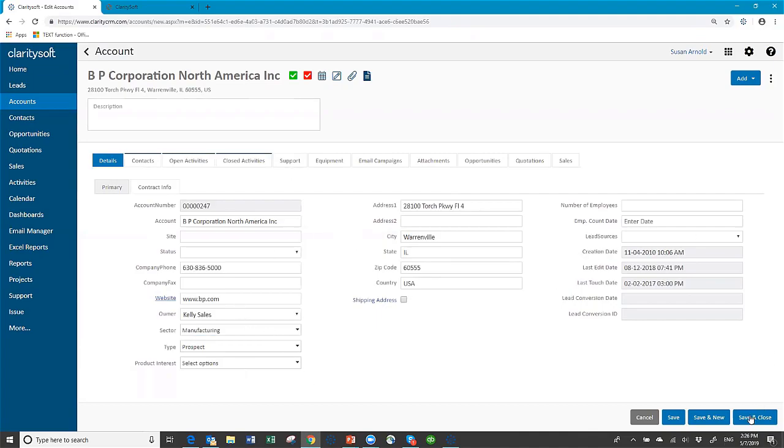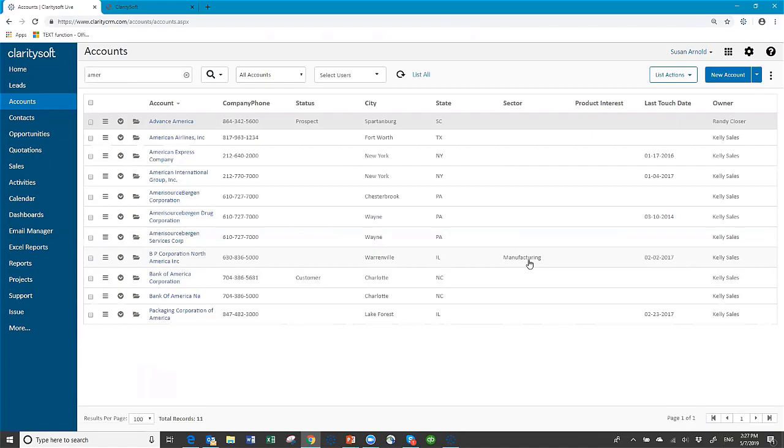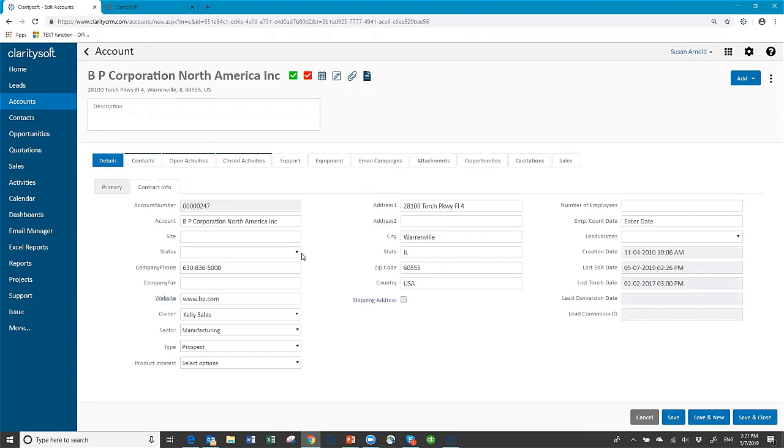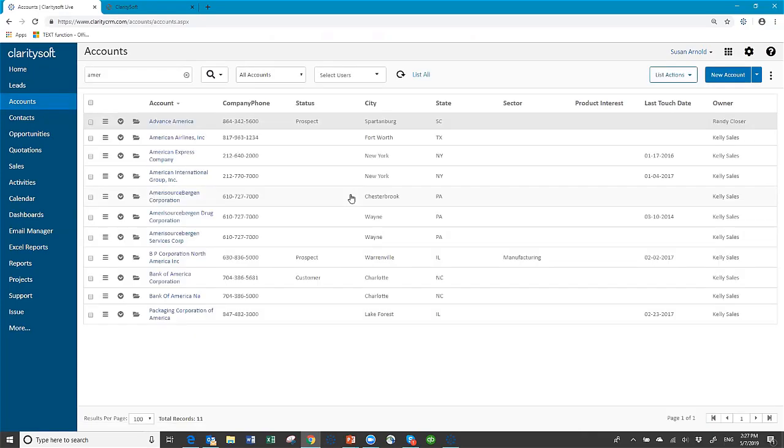And then you can click Save and Close, and now we will see the sector information here for them. And I brought status over instead of type. So let me go back in here and set the status. I have two fields that basically are the same, which shouldn't be. So here he's prospect and they're in manufacturing. So that's how you're going to open a record, edit a record, save and close, brings you back out, and